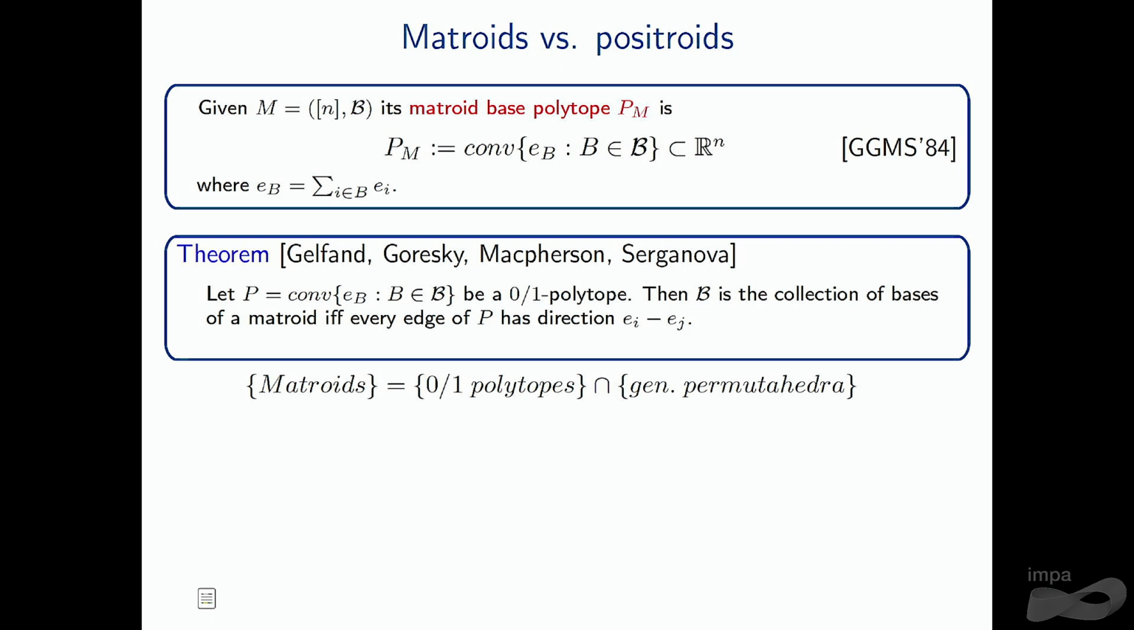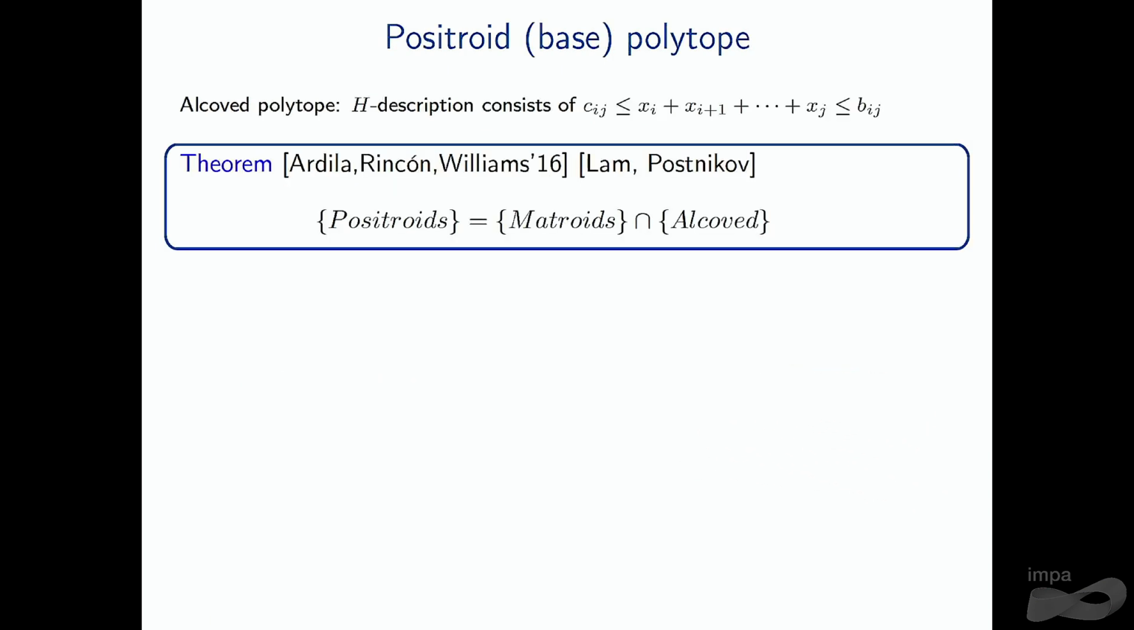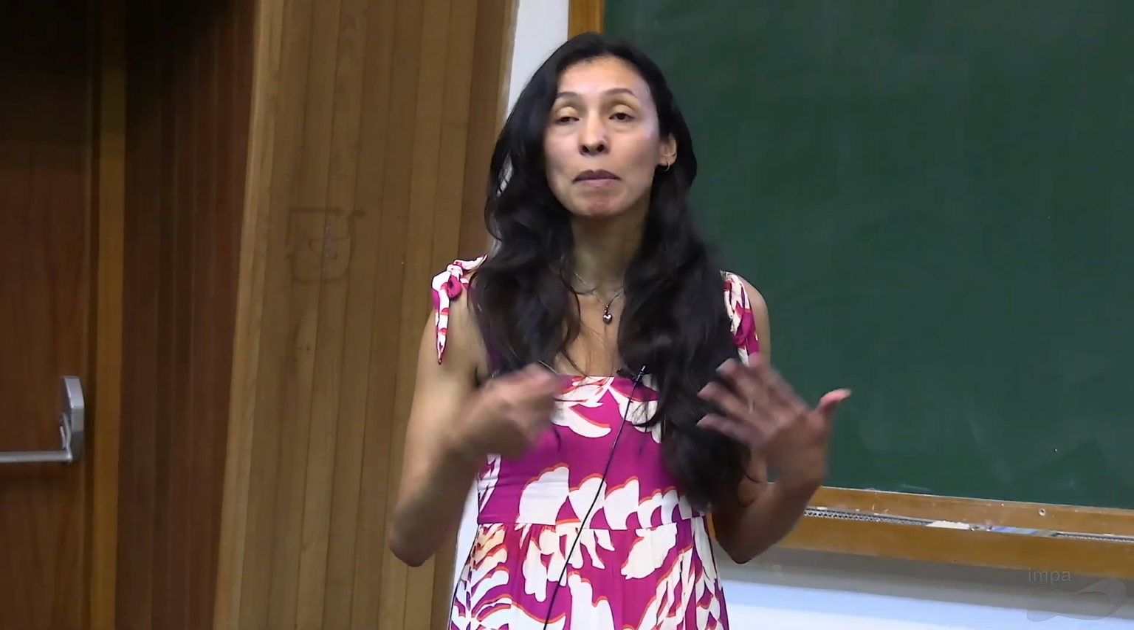Okay. So another way of saying what matroids are from the polytopal point of view is that they are 0,1 polytopes that are generalized permutahedra. And this just means that their edges are in the right direction, so in the directions of the vectors e_i minus e_j. And okay, so from this point of view, one may ask, I have this nice family of matroids that